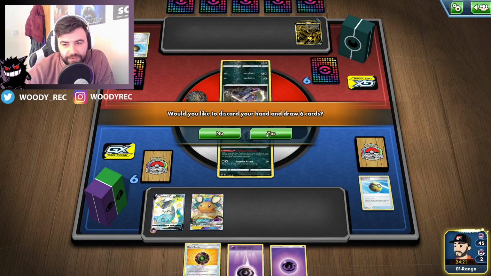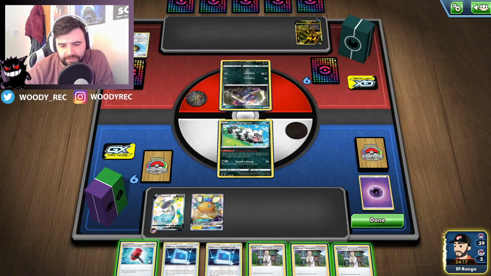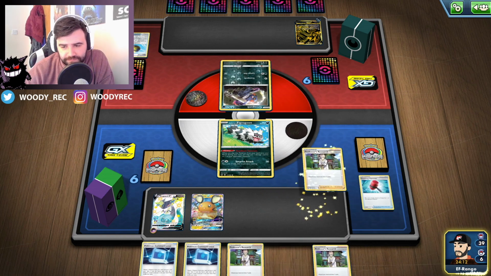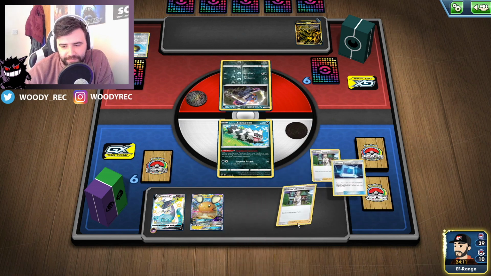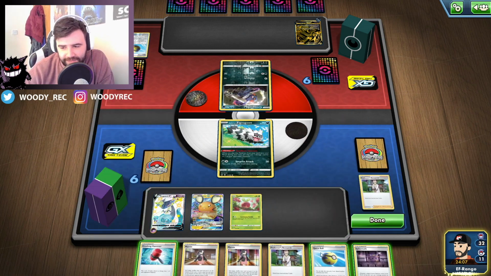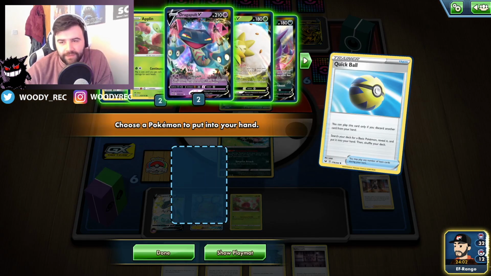That is 3 energy gone already though. But I don't think the Crobat would have been effective enough. God, we're going for our whole deck now. So there go our 3 Professor's Research. Oh man, this is a rough start. Okay, I'm going to get rid of a Marnie. And we will grab...